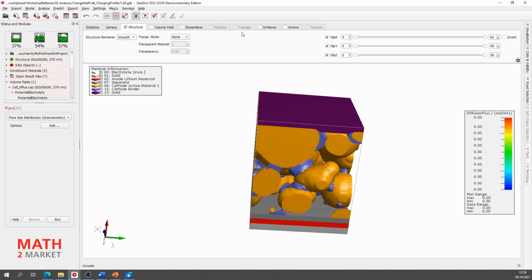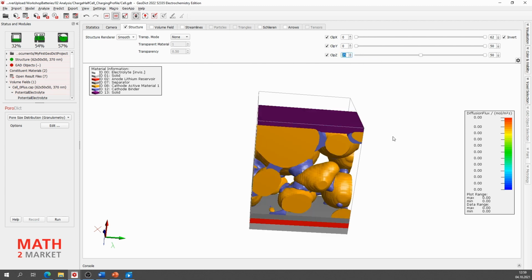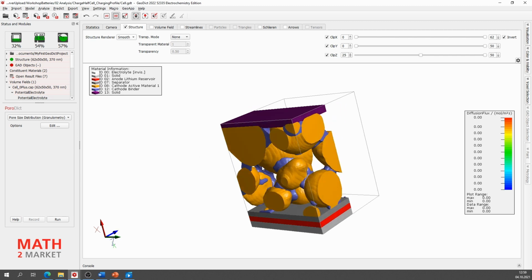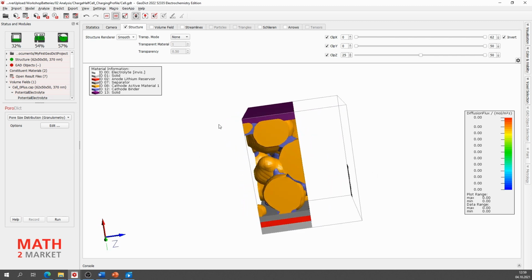We go to structure and we can use the clipping. We start with invert again, and then we look, okay, this direction is not so good. Then we can make the half, or we can make the Z direction. Click on 25, and then it's the half, the cell is full. And you can see that the cell is half full.